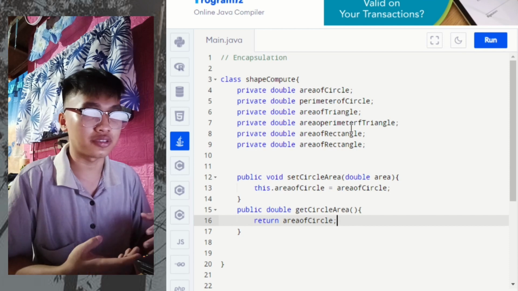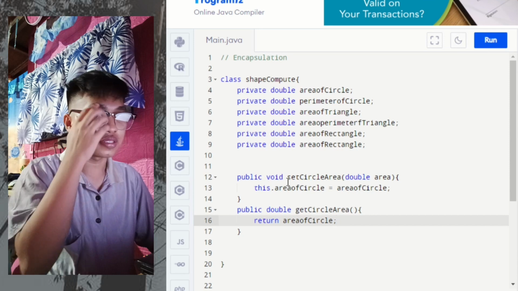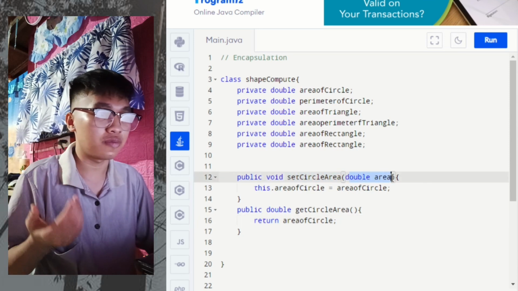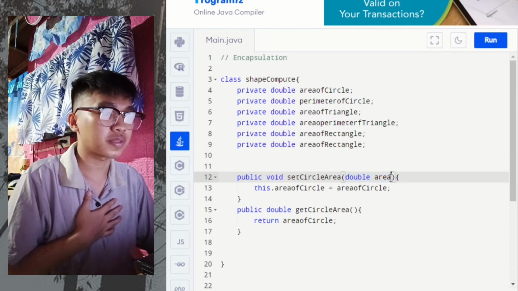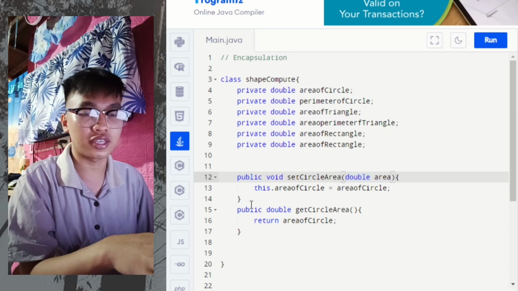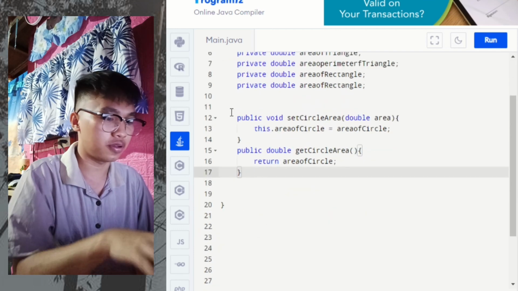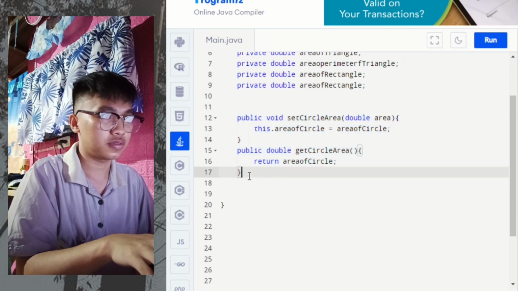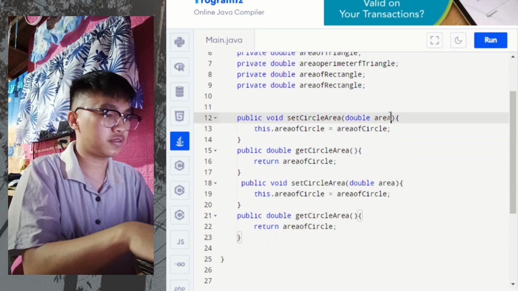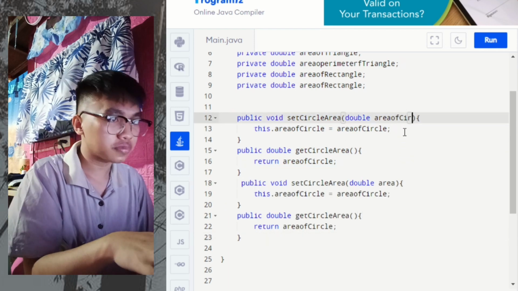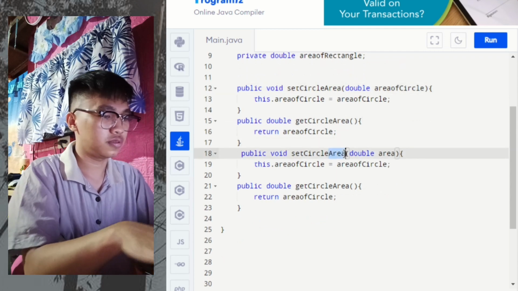So to create the setters, you have to write public void and your name, and also inside of the parameter list I put the double and area. Okay, and also under that are the getters. So we just have to copy all of this. Sorry, it should be areaOfCircle. So we have just to copy this and change it into perimeter,